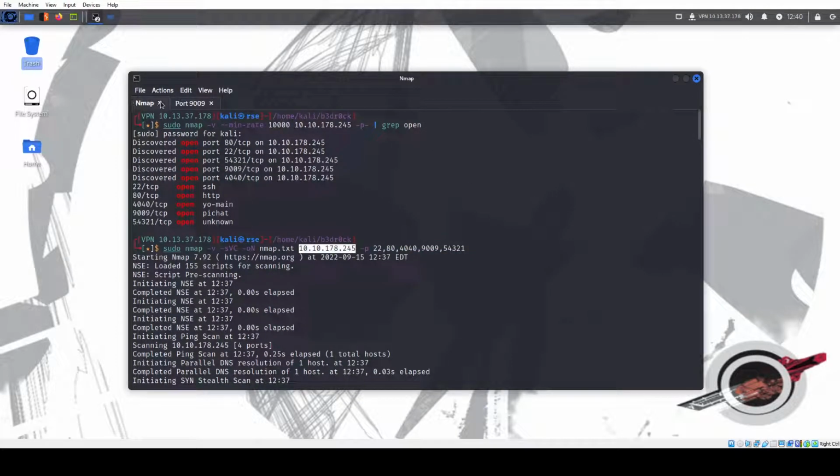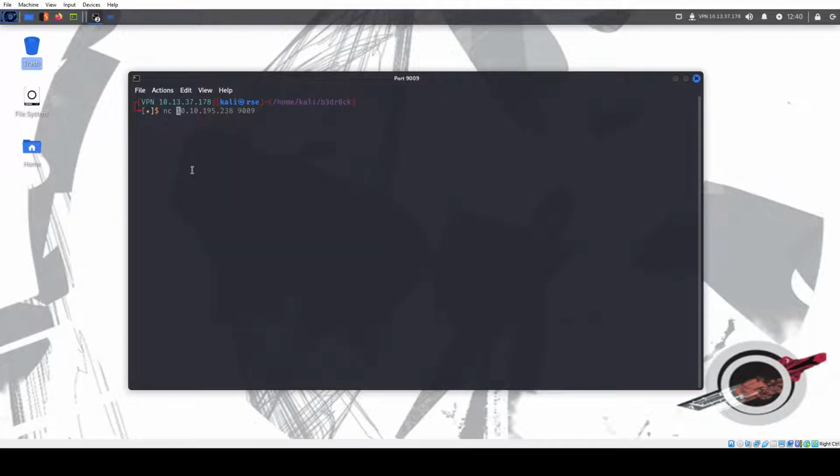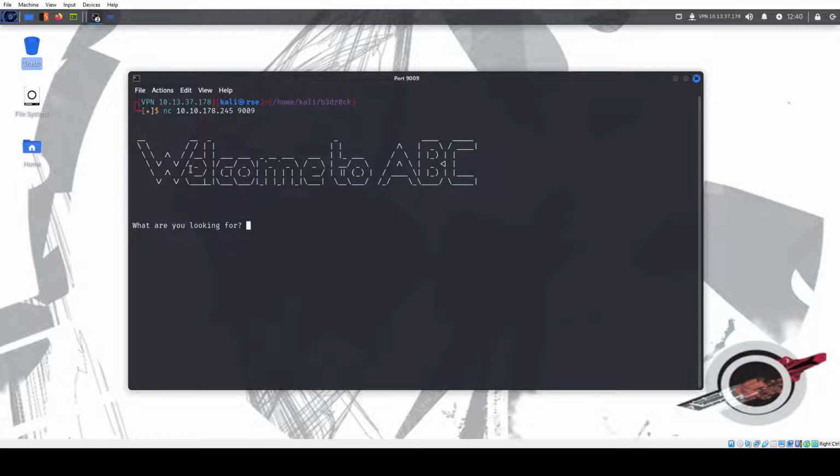I'm gonna close this window. So now we're gonna use netcat to connect to it. We could also use telnet, but I usually prefer netcat. So there it is. Welcome ABC. What are we looking for? We could type help,